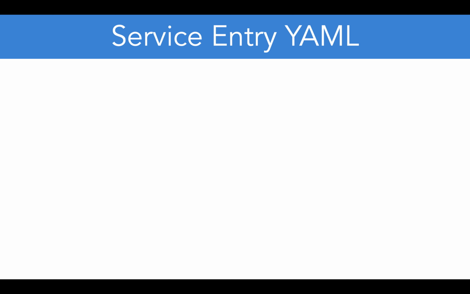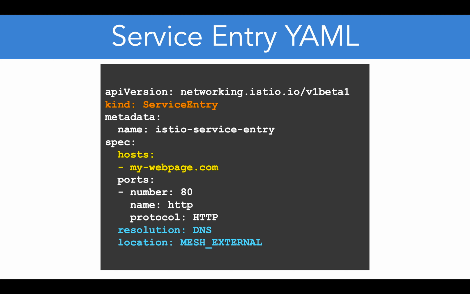So let's look at the YAML file, and the YAML file is not as complicated as others. The API version is networking.istio.io, kind is ServiceEntry, and in specifications we have hosts, ports, resolution, and location. Now by now you already know what is meant by hosts. So this is the host where you're allowing the access to, that means from inside of the service mesh the application can access this web page, but you have to also mention on which ports. Now if you see, it's a fully qualified domain name, my-webpage.com, so that's why it is layer 7. And in ports you mention the port number, the name, and the protocol.